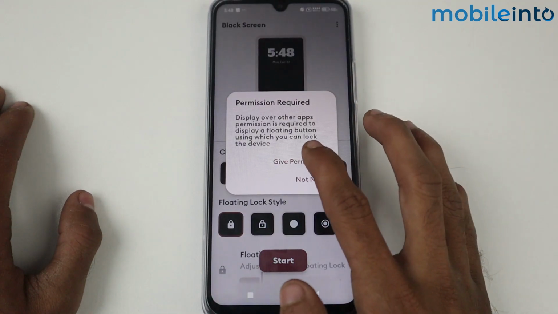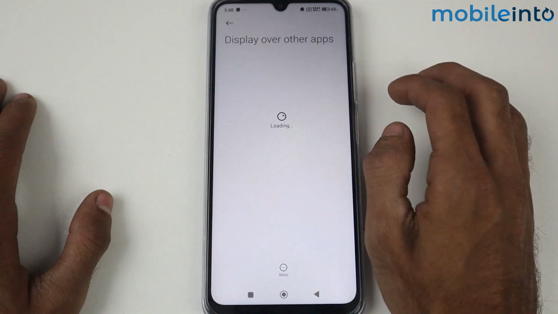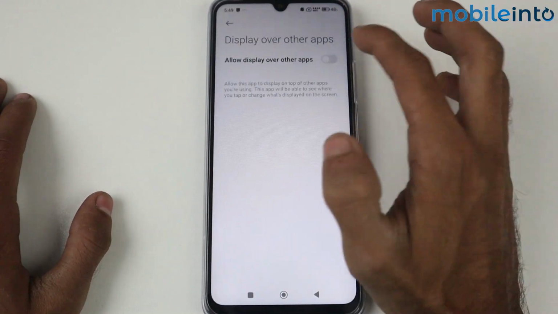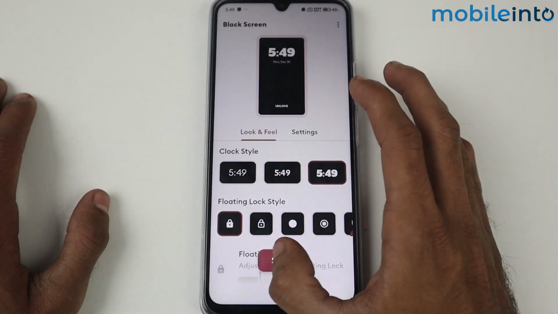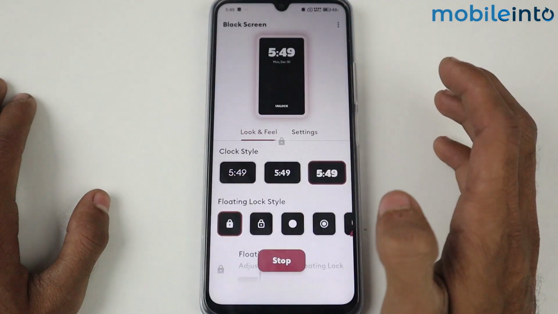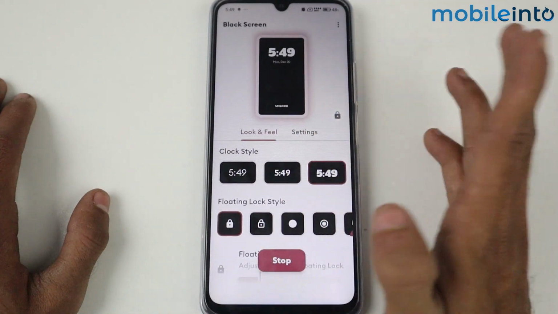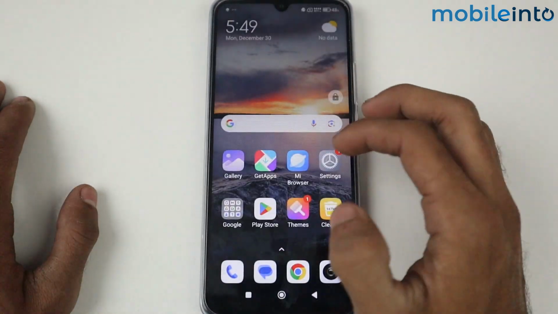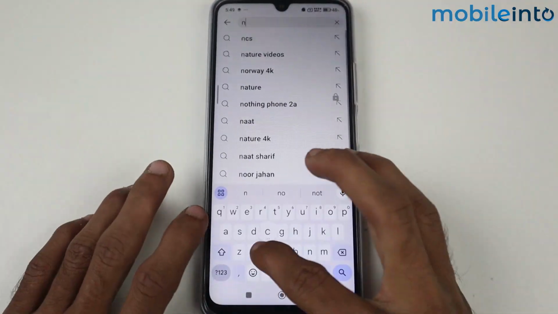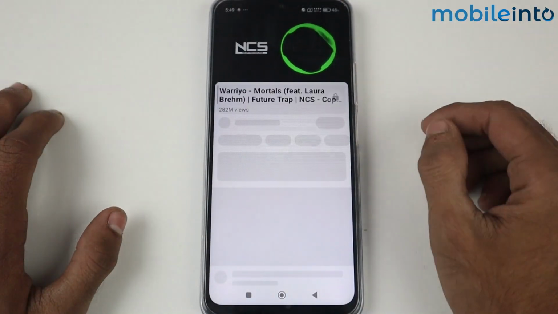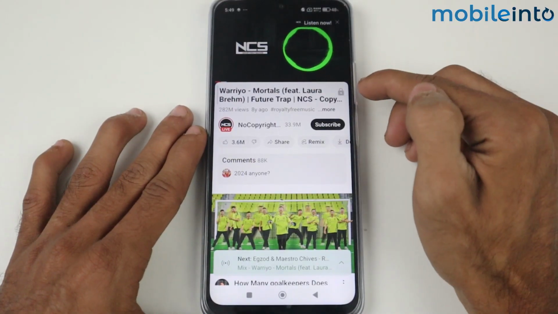Firstly, you have to give the permission, go back, and that is it. Now tap to start. So now guys, just go to YouTube and open any music. Okay, after that you have to tap on the lock